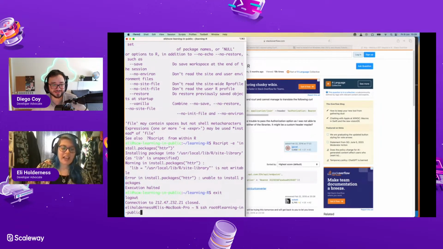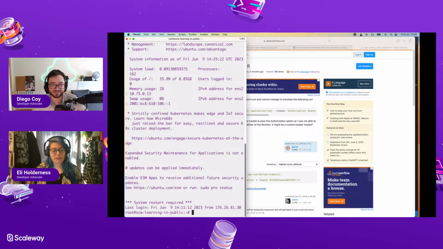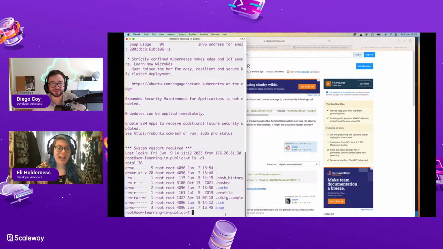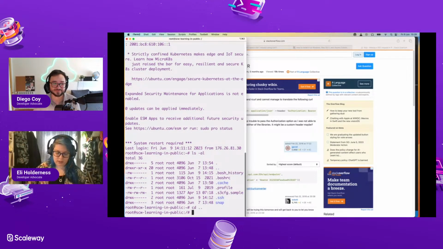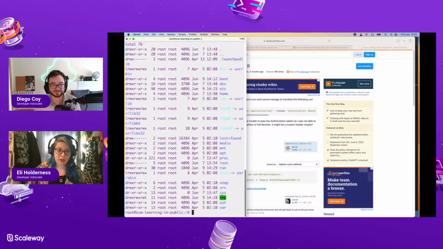In a real production or development environment, you would not do this, and you would hire a developer with experience with R. So yeah. Just double checking that I know where I am.